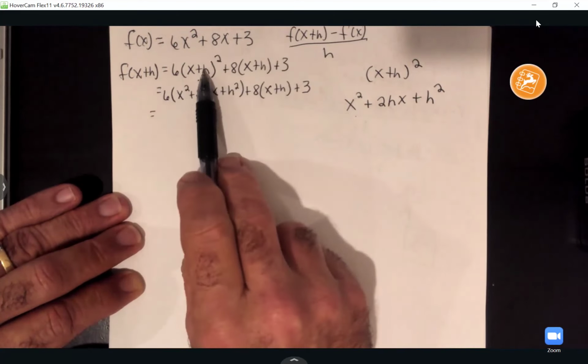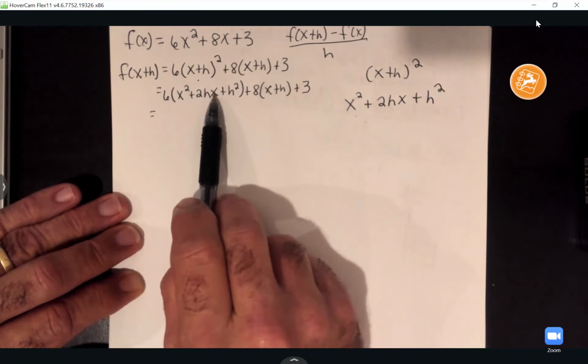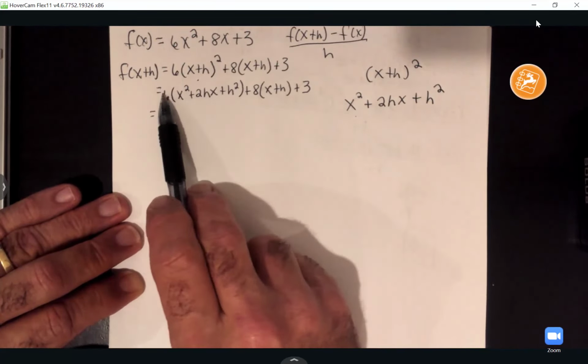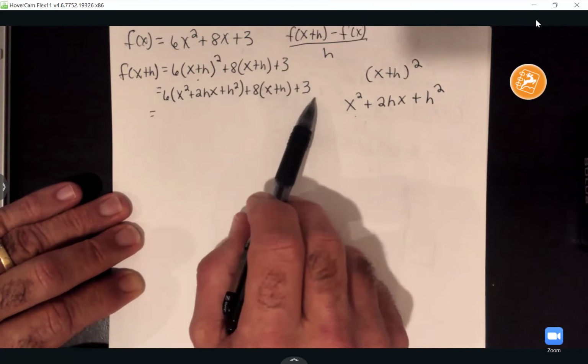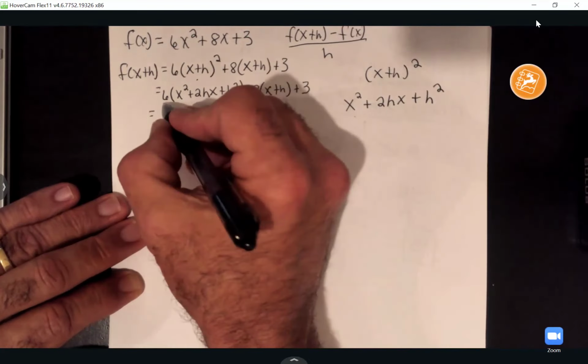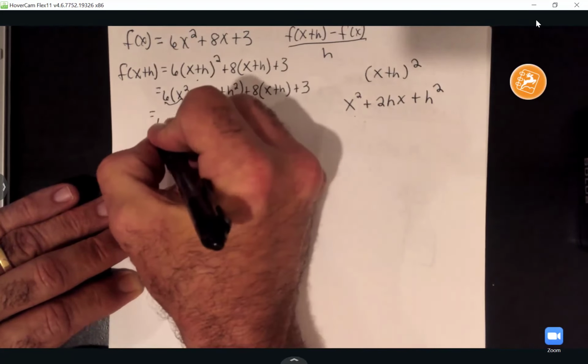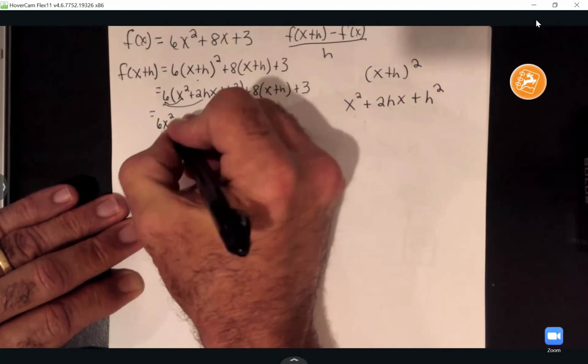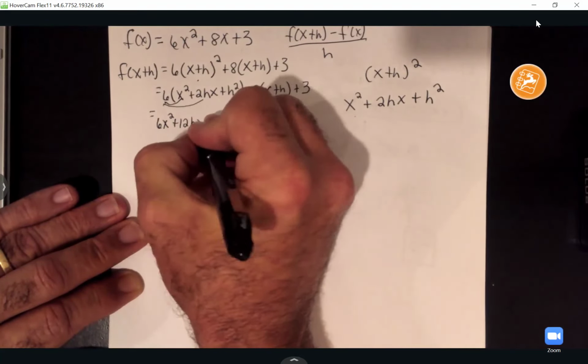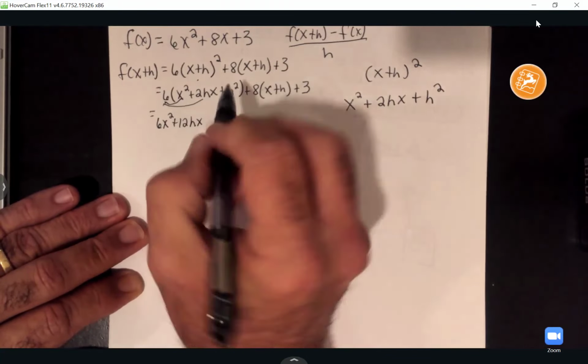So all I did was replace x plus h squared with that trinomial. Now I'm going to distribute a 6 here and the 8 here, and then bring down my 3. So 6 times x squared is 6x squared. 6 times 2hx gives me 12hx,